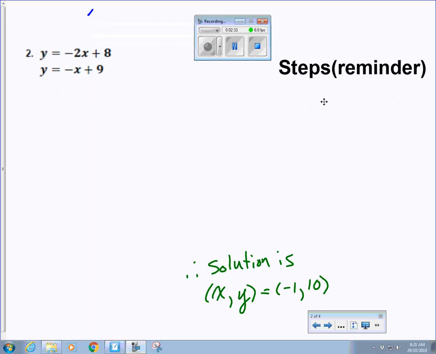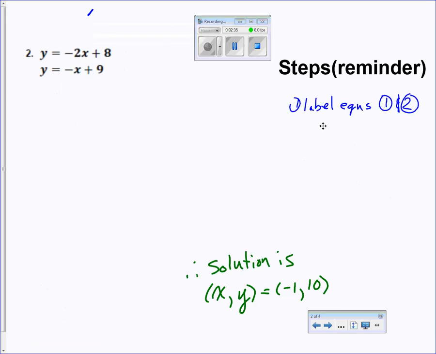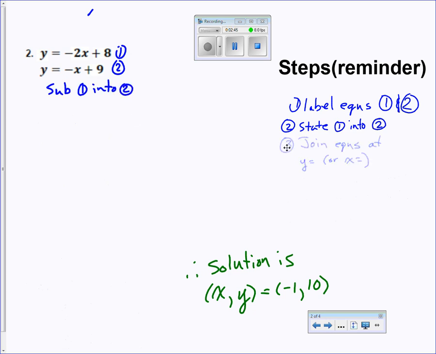For this next problem, we're going to do a quick reminder. So we label the equations 1 and 2. We state we're going to substitute 1 into 2. So that's what we have here. And now we're going to join those two equations at the y equals part. So we end up with negative 2x plus 8 is equal to